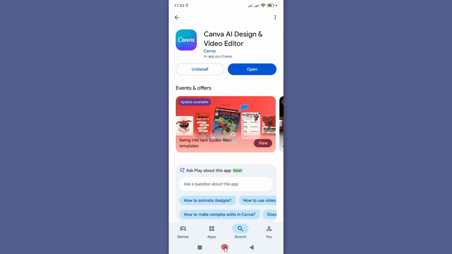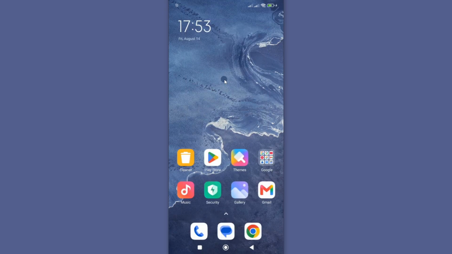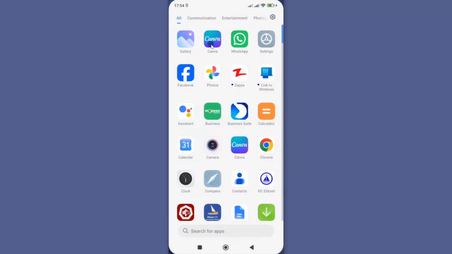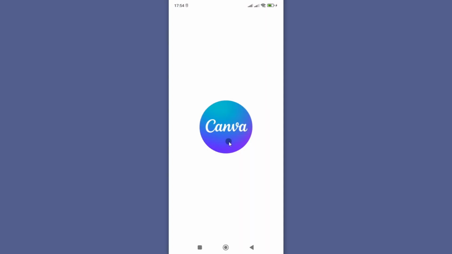However, if this does not fix your problem, then check and see if you are using any VPN app on your phone and uninstall it, as this might be the reason you are facing this problem. However, if this does not work, then most likely Canva might have experienced an internal server error. For that, give it some few minutes and then come back to Canva, and now everything should be working without